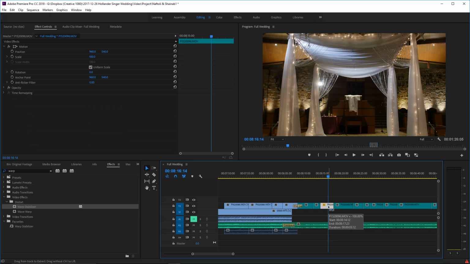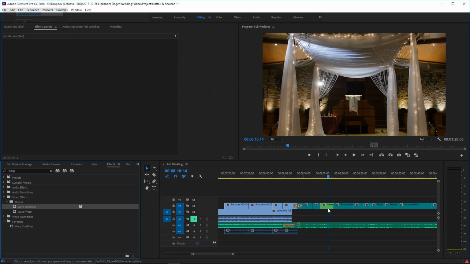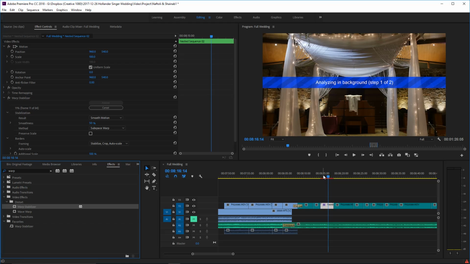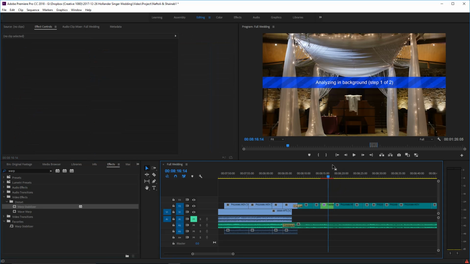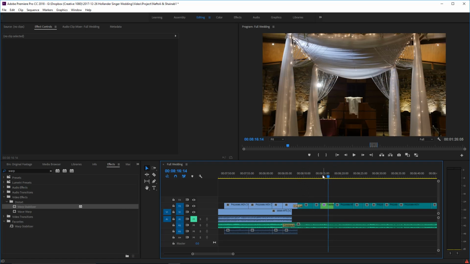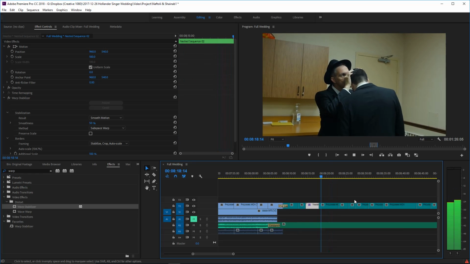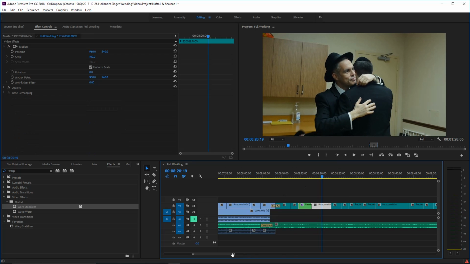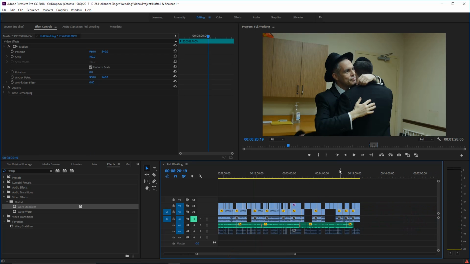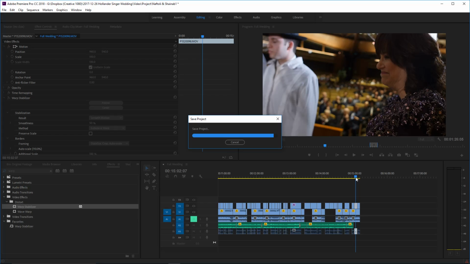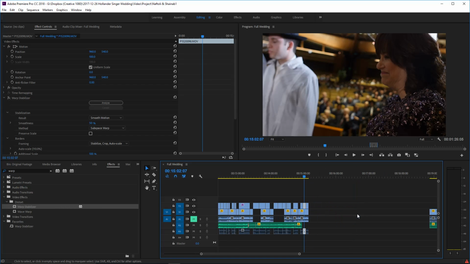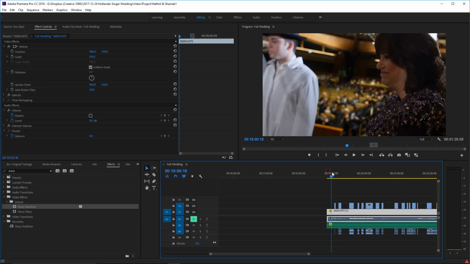Okay, so I'm happy I just did that because I'm going to show something. If you adjust the speed, which we did over here, this was that clip that we had made 90%, you can't stabilize it. So the way to fix that is to just nest it, and then you can stabilize the nested sequence. I find that the stabilizer has less of a chance of working when you do this, but obviously sometimes you have to. There we go. That works. And a lot of these clips are going to end up getting stabilized. We'll get to that later.